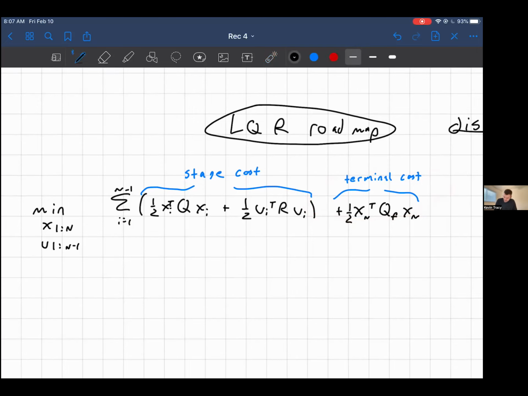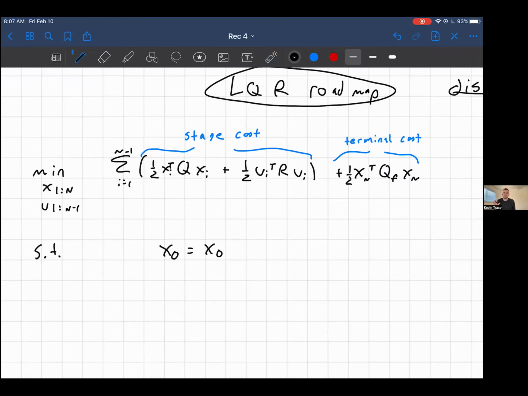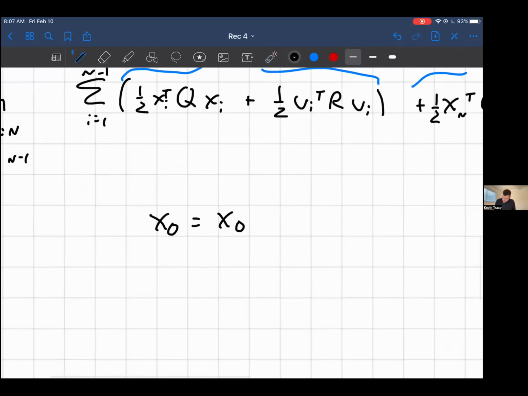So the constraints, subject to some initial condition. So I have some initial x that I want to start at. And I'm saying this just for, this is not actually how we solve this problem. This is just how we would describe the problem. And then we're going to have x_{k+1} equals